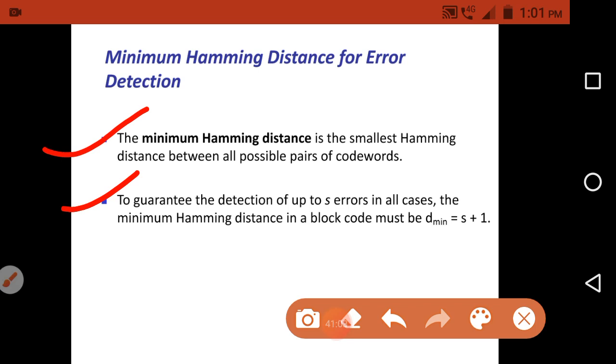So if the minimum Hamming distance is S plus 1, it is guaranteed that the receiver will detect S errors. If the minimum Hamming distance is 4, the receiver can guarantee that it will detect 3 errors.